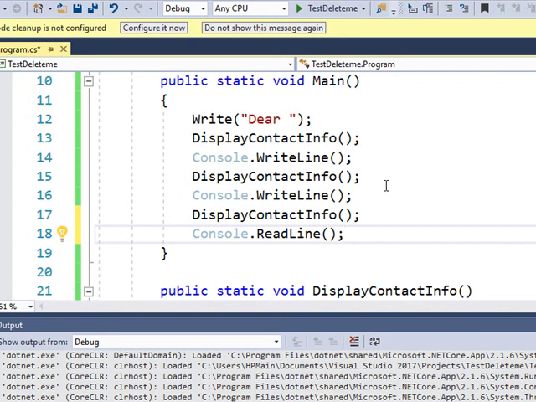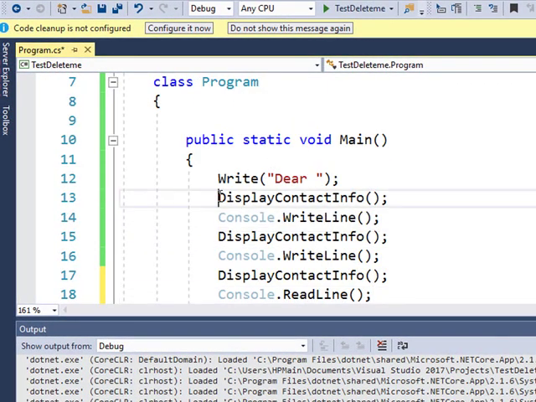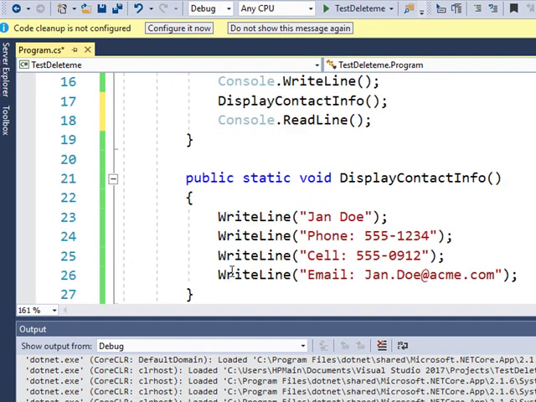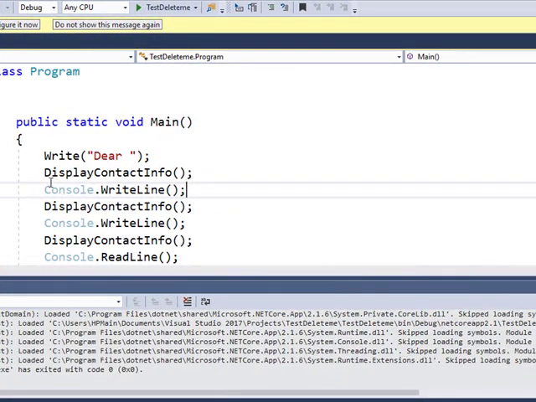Okay, so when this runs, it calls the method, displays the information, comes back here, and in our write line method,